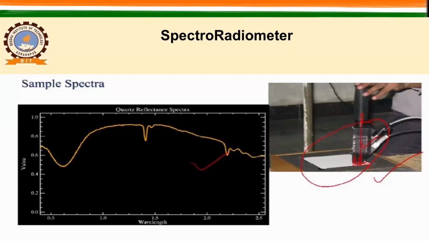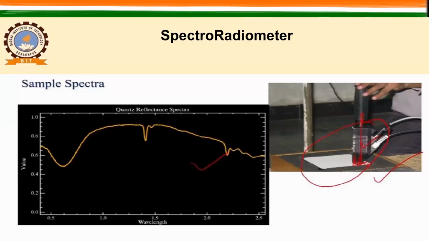reference measurement. Why do we need that? White reference is your spectral panel. So that is used to measure your irradiance, because when you focus your fiber optic cable towards the sun, it will get saturated, right? So it would not work. So what we do, instead of focusing it directly to sun, we use indirectly, where sun is illuminating the surface. There we keep our panel, and then this panel has a property of 100% reflectance. So it will reflect equal amount of light in all the direction, right? And that will give you the downwelling radiance.